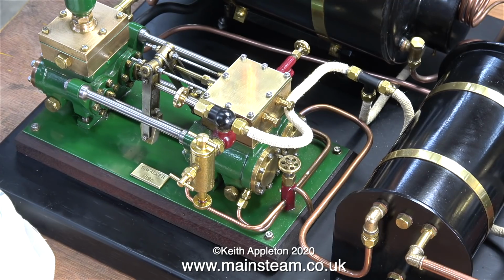And while I'm at it, I will show you exactly how these pumps work. They are not simple, and they're very clever indeed. It's a brilliant design,